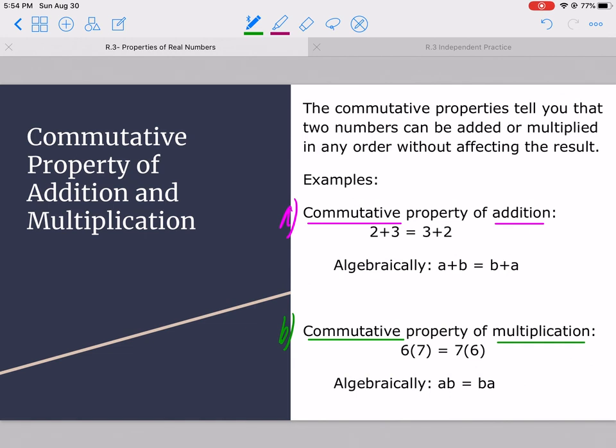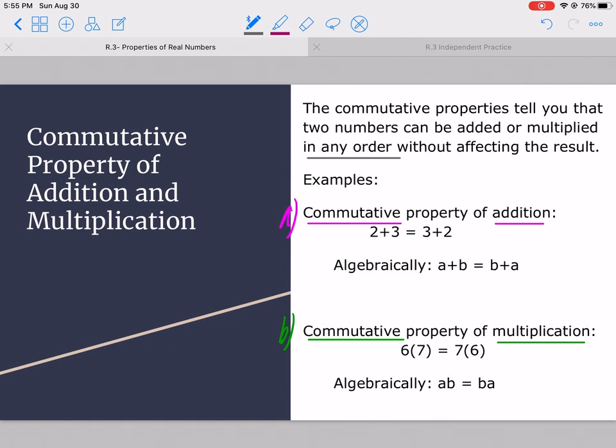So the commutative property tells you that 2 numbers can be added or multiplied in any order without affecting the result. Okay, so let's look at a couple of examples when we're looking at the commutative property of addition. This is something, again, you've probably used your entire life in math. You just haven't formally known that it's called this, likely. So that's really the point of college algebra, is this is the time in math when we're actually going to formalize things. We're going to give definitions to things, and you'll learn more of the wording behind everything you've already